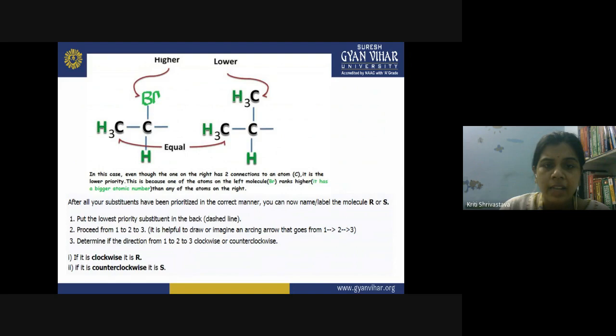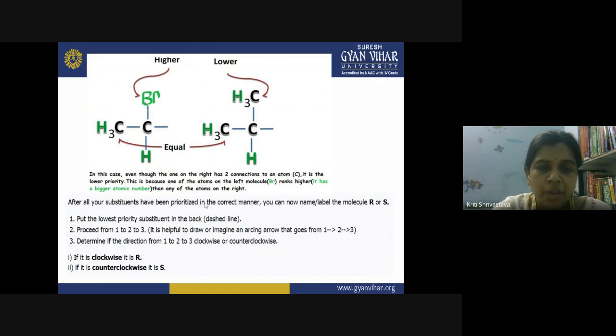Now we have another example here. Suppose you have a bromine substituent at the ethyl group. Now what will you do? Now this one methyl ethyl will not be given priority, right? It will get a lower priority as compared to this because the carbon has lower molecular weight as compared to bromine here. So this substituent will be given lower priority and this will be getting higher priority.